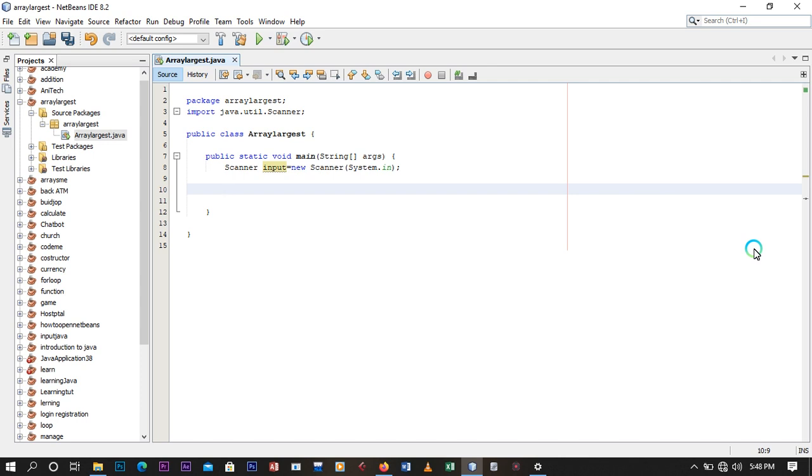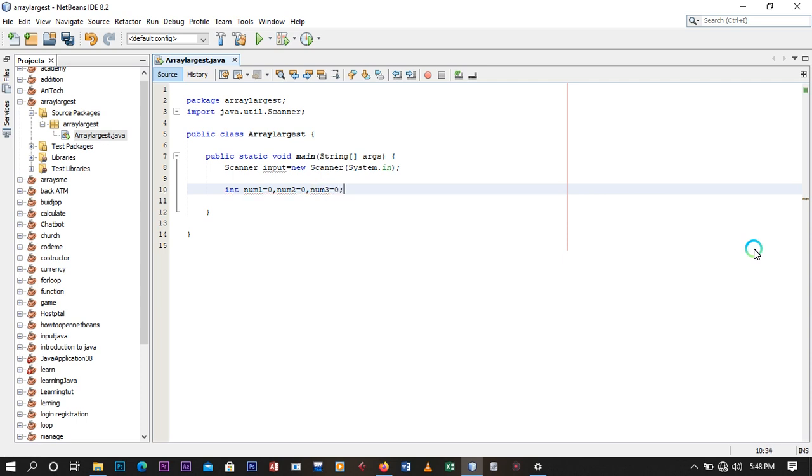So we are going to declare 3 numbers at the same time, initialized to default. Okay, so our first number is int num1 is equal to 0, and then num2 is equal to 0, and then num3 is equal to 0.